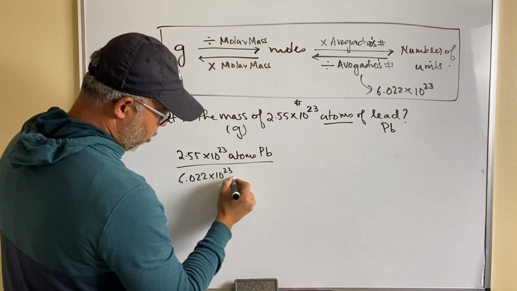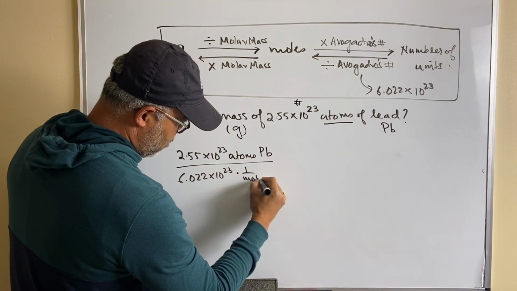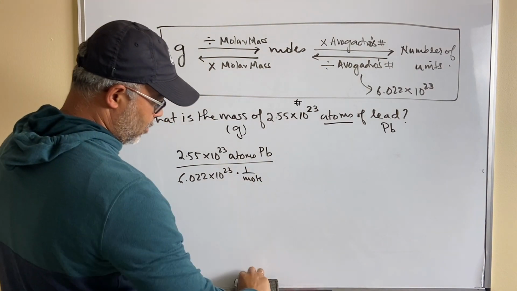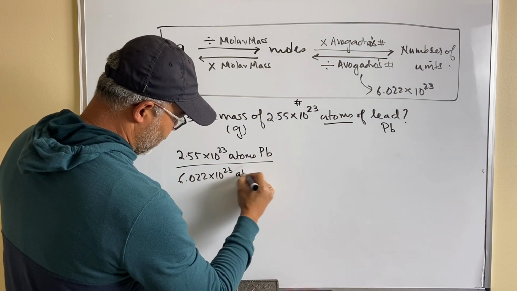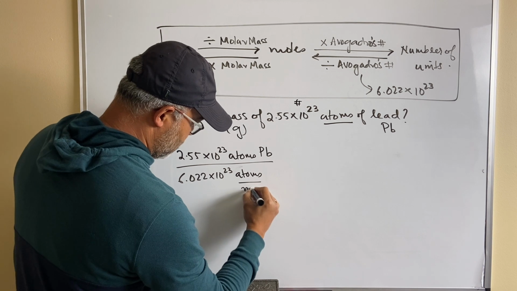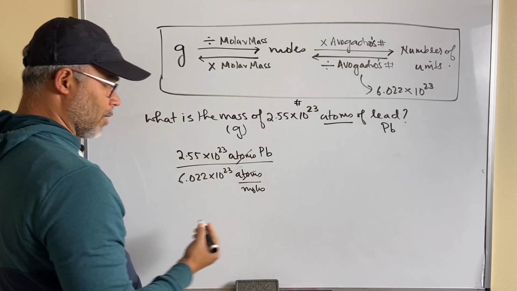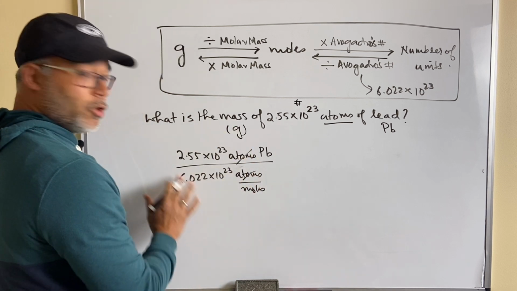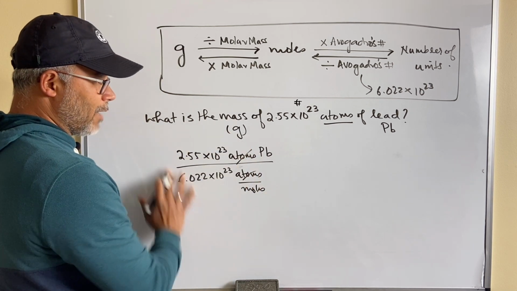So this is really atoms over moles. So that way the atoms cancel out and you're left with moles on top. Anyway, you don't have to solve this part right now. Right now, we just need to know that whatever we get from this